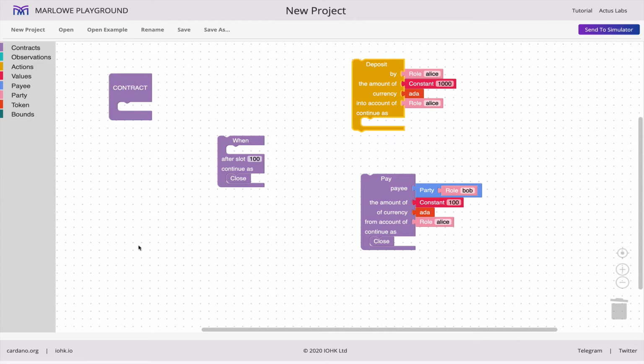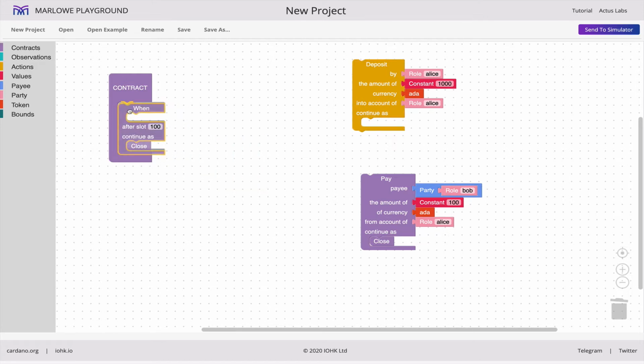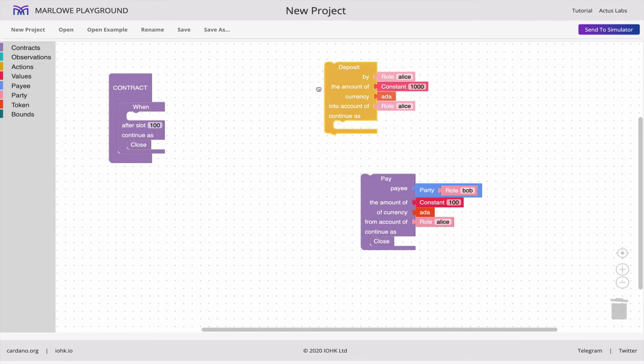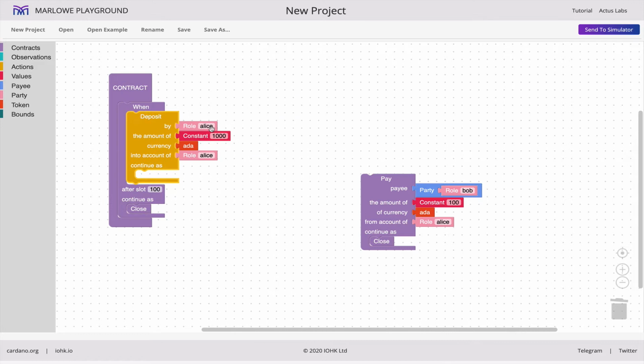Okay, so how do we build contracts up? Well, we assemble these blocks. So I've taken that apart. Let's put it back together again. We have a when, which has three components: a list of possible cases, where actions go in here, and after slot, the timeout, we have a continuation, how the contract continues. Here it's a close. And here what we're doing is we're waiting for a deposit by Alice of 1,000 Lovelace